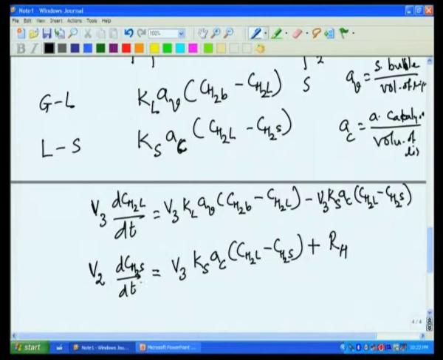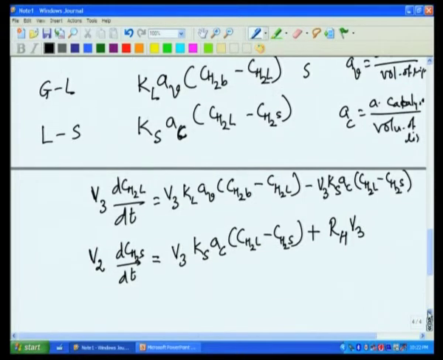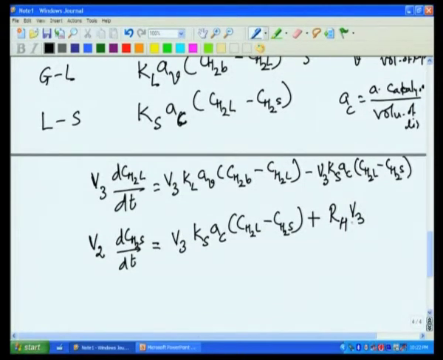This must be the rate at which my hydrogen is getting accumulated. Now, I am expressing my rate in terms of volume of the bulk liquid. So, now if we look at this solid balance, if you look at the balance of hydrogen on the solid, so we can take V2 by V3 over here and remove V3,